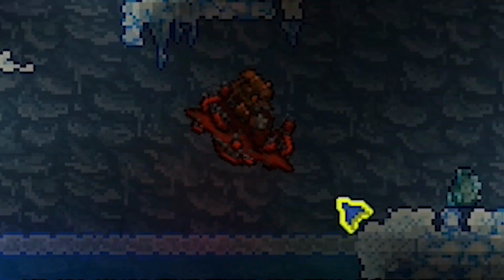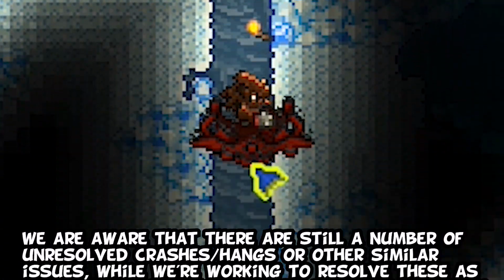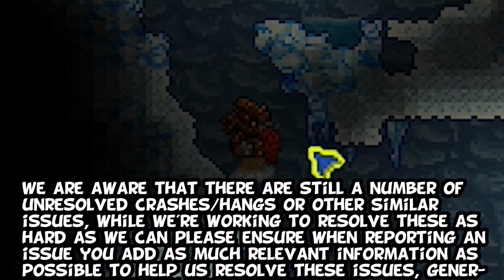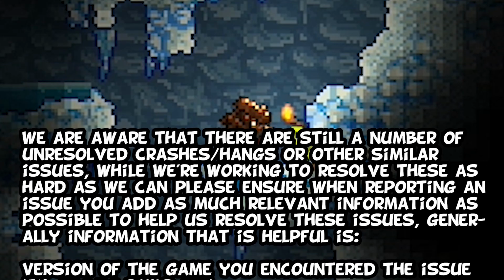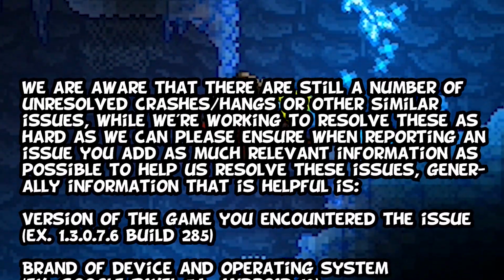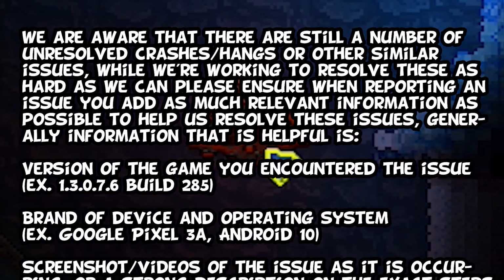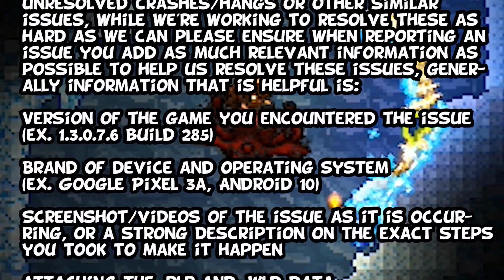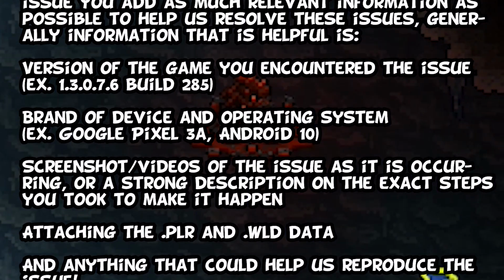Neviskio said, "We are aware that there are still a number of unresolved crashes and hangs or other similar issues. While we're working to resolve these as hard as we can, please ensure when reporting an issue you add as much relevant information as possible to help us resolve these issues. Generally, information that is helpful is the following: the version of the game you encountered the issue in, for example 1.3.0.7.6 build 285, for instance. Also the brand of device and operating system that you're using, for instance the Pixel 3a, Android 10 OS,